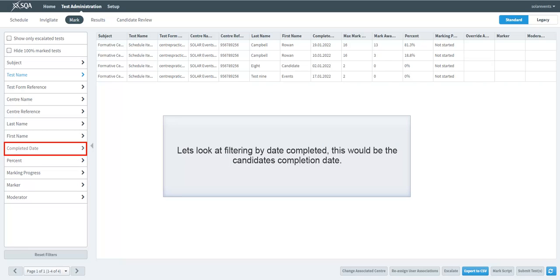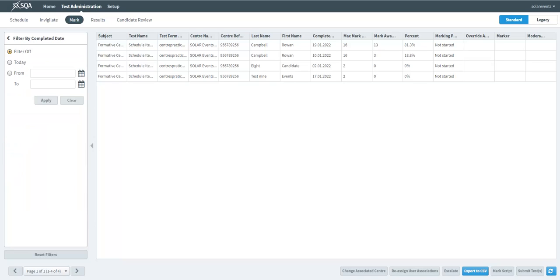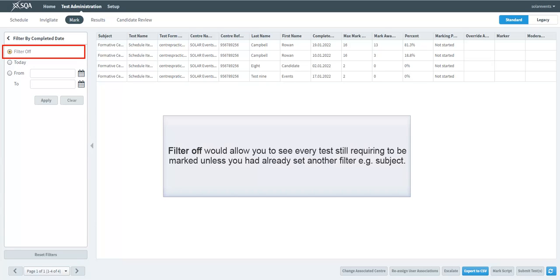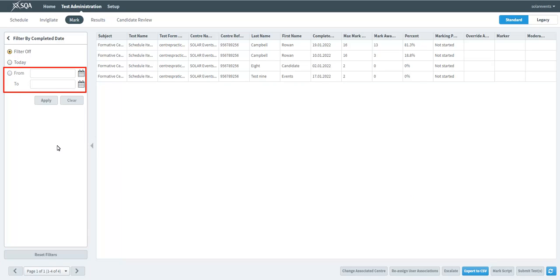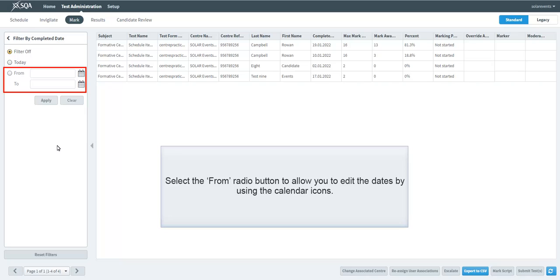Let's look at filtering by date completed. This would be the candidate's completion date. Filter Off would allow you to see every test still requiring to be marked, unless you had already set another filter, for example, subject. Select the From radio button to allow you to edit the dates by using the calendar icons.